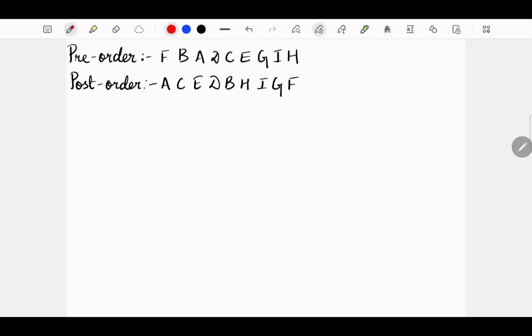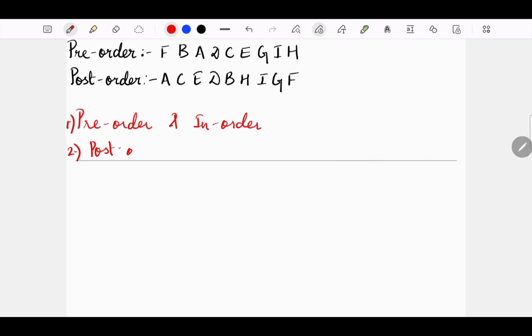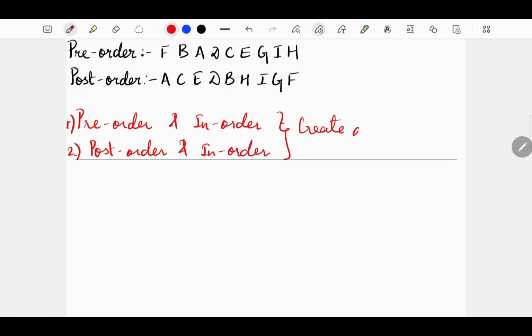In the previous lectures, we have seen how to create a unique binary tree if its pre-order traversal and in-order traversal are given. This was the first case. Second, if its post-order traversal and in-order traversal are given. So in both cases, we saw that we could create a unique